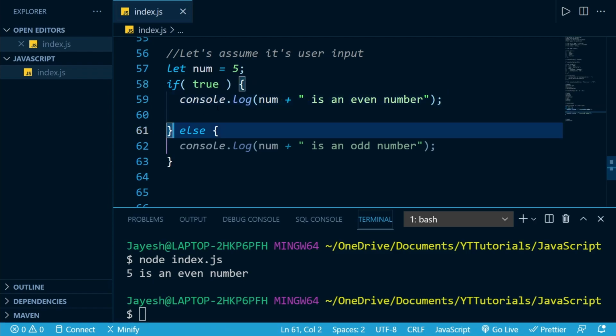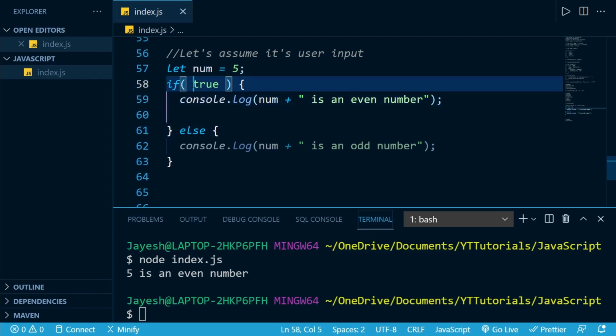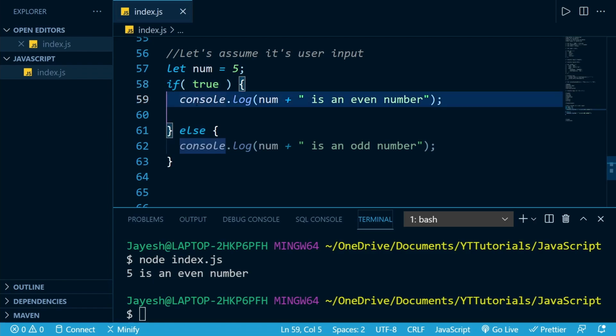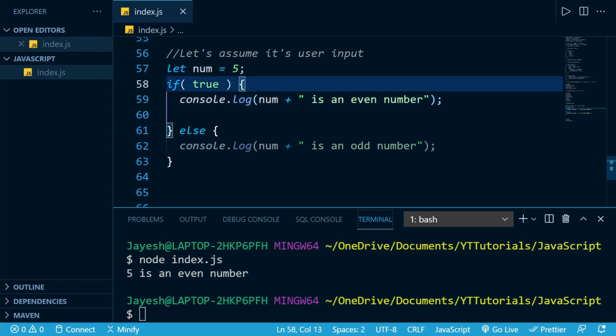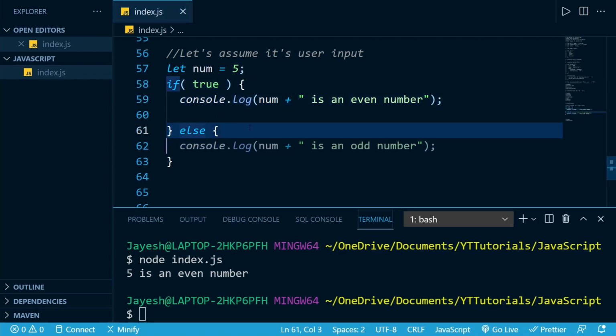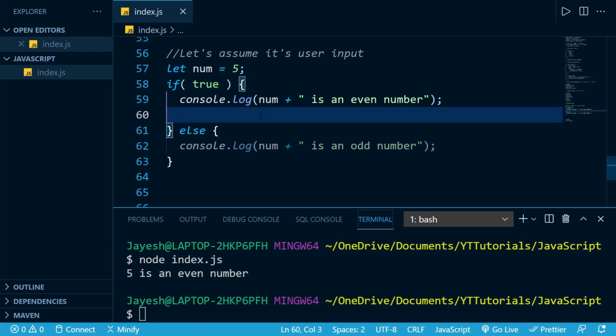If we had only one sentence that we wanted to execute after the if condition, we could have omitted the curly braces, but my suggestion is do not omit them. Have a habit of using them, so that if you want to add another sentence, you can simply add it instead of adding braces again and doing all the refactoring.